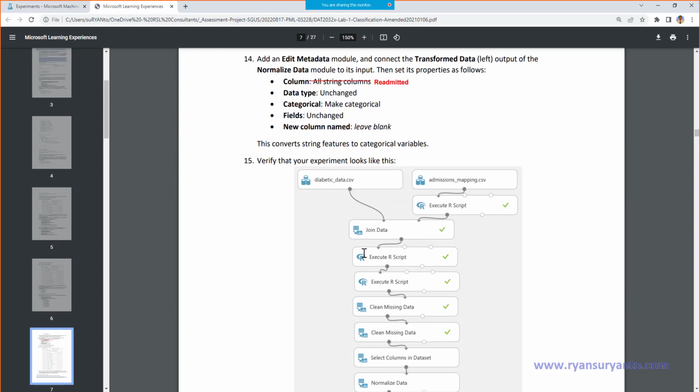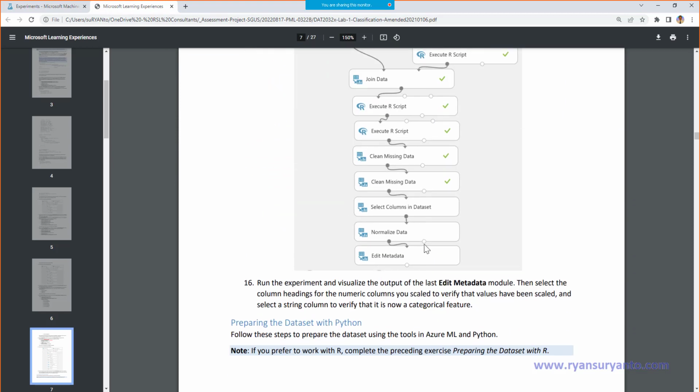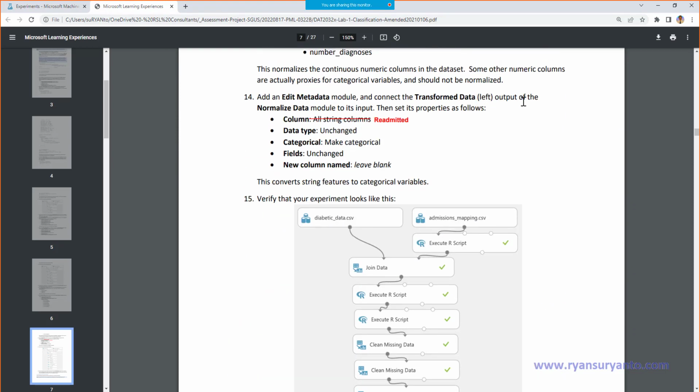The last one before we save is the edit metadata. The one that you want to edit is readmitted, unchanged make categorical, and new column name leave blank. We do not want to change the column name.